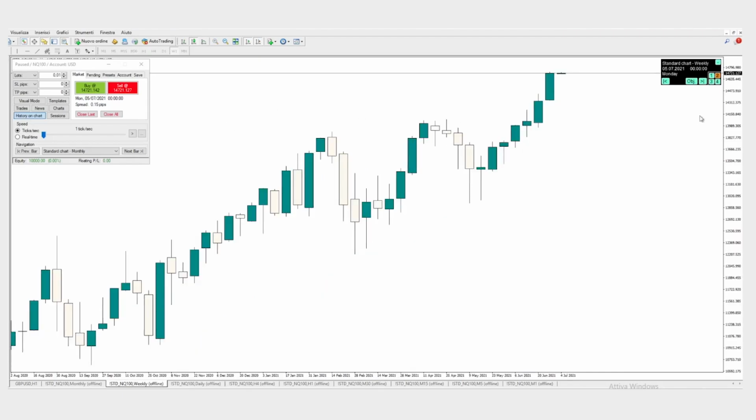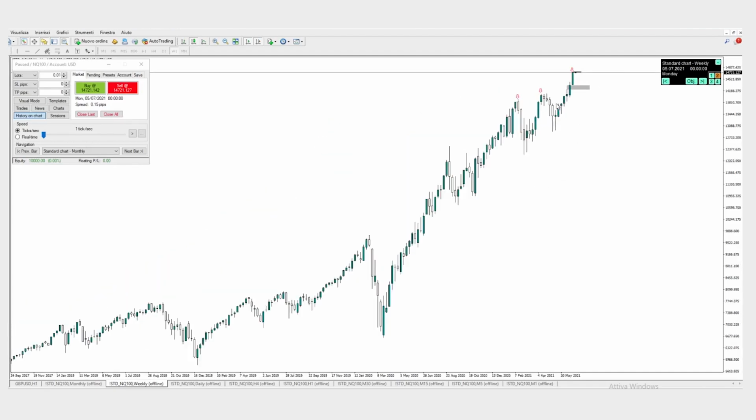We are very close here to take out the previous weekly high, and if price takes out this previous weekly high, then I could be looking for sells to reach this previous fair value gap which was left down here. We also have the magical number here, 1, 2, and this is the third point of this higher time frame trend. We could see a downside move from here, but the trend is completely bullish at the moment,